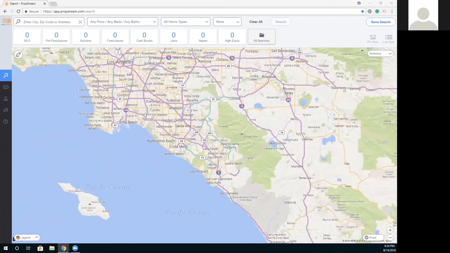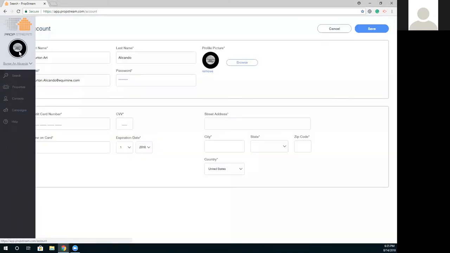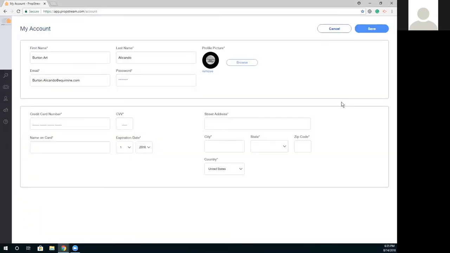So when you log in, it does require an email as your username and your password, but when you log in, we're going to capture your IP address and instantly zoom in to the area that you're at. So by viewing the map, you can tell that I'm located here in Orange County, California. So the first thing you're going to see is our map. To the left side is our toolbar. Very top is your profile picture, or your profile page.